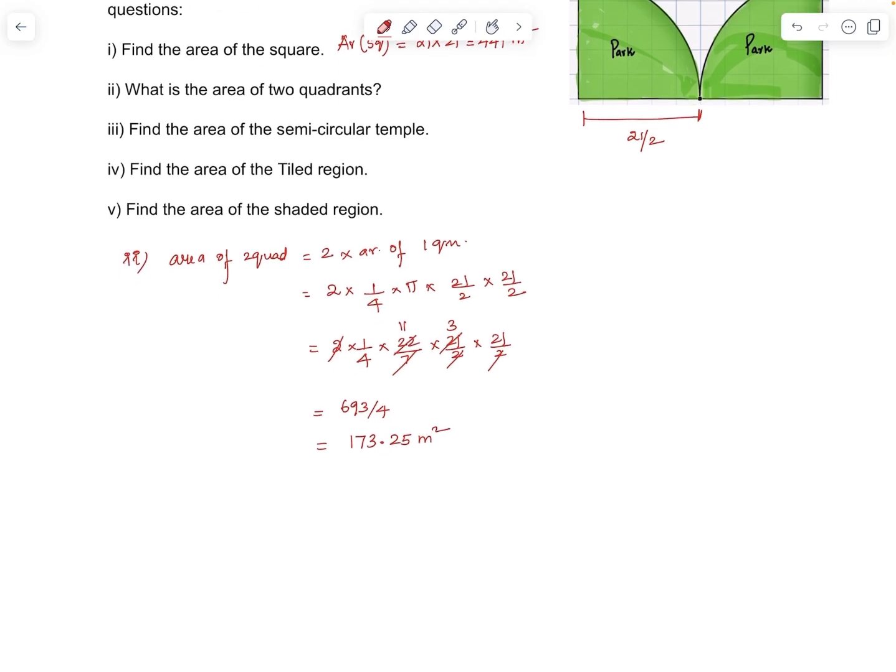Question 3. Find the area of the semicircular temple. So area of temple region is half times pi r square, half times, again taking 22 by 7 for pi, and radius is 21 by 2. We get 693 by 4, which is